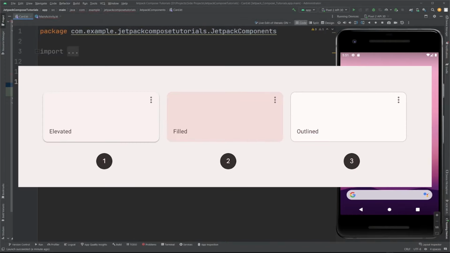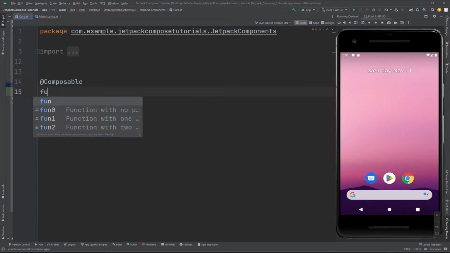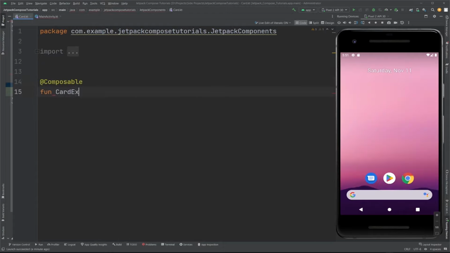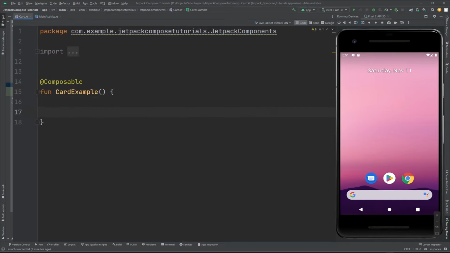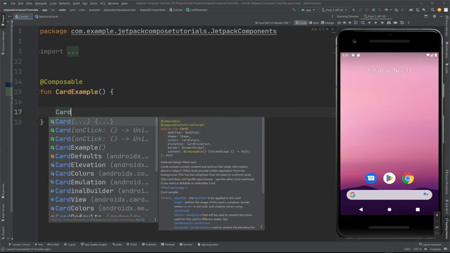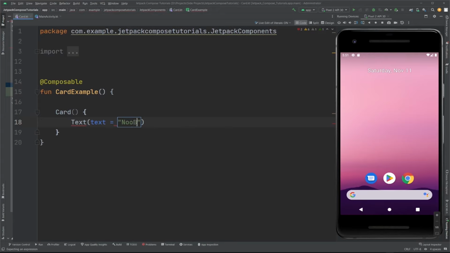In this video, I'm gonna go from the basic implementation of the card to the advanced implementation. So first let's create a composable function, which is CardExample, and I'm gonna call this CardExample from the main activity directly, so that whenever I run the app, it runs the CardExample function. Now, how are we gonna make the simple card UI, and then a text box. Now the text is going to be "noob developer"